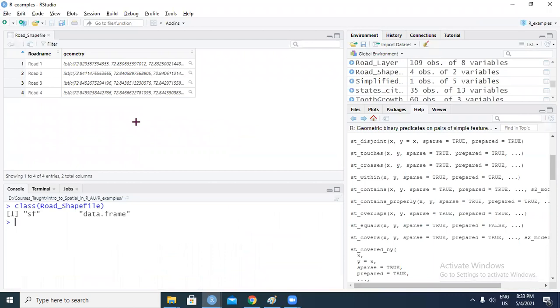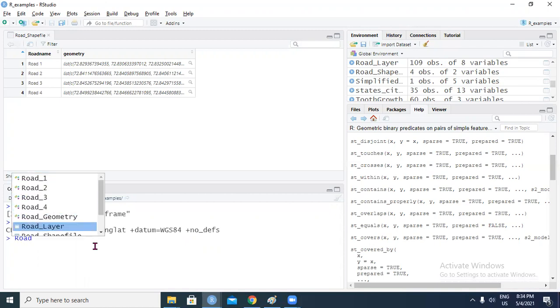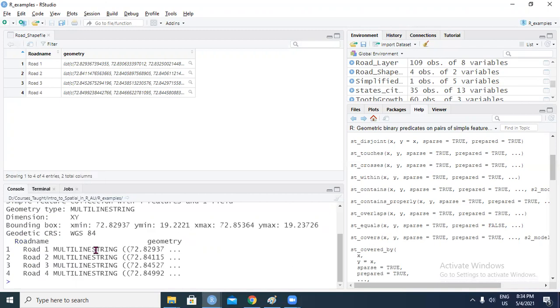Now, however, if you see the CRS, let's see all the information.